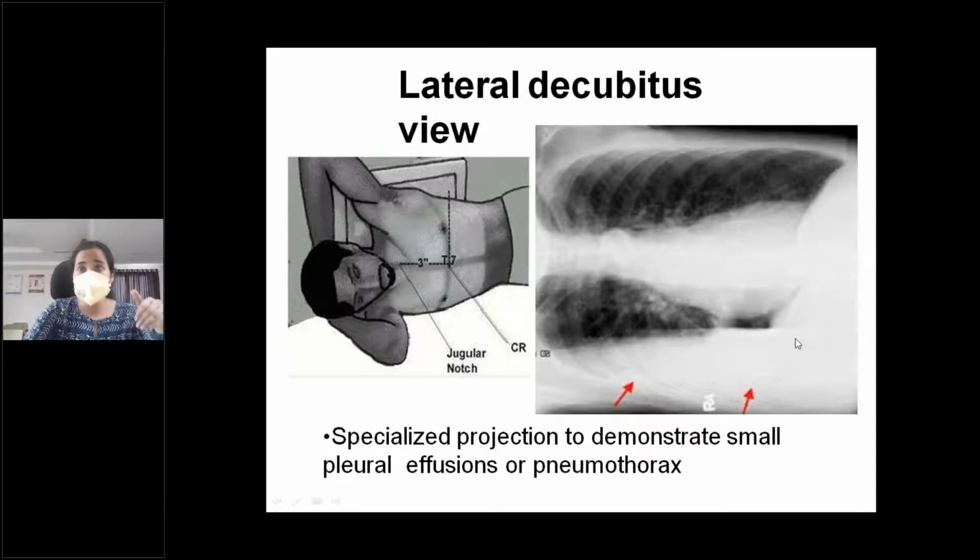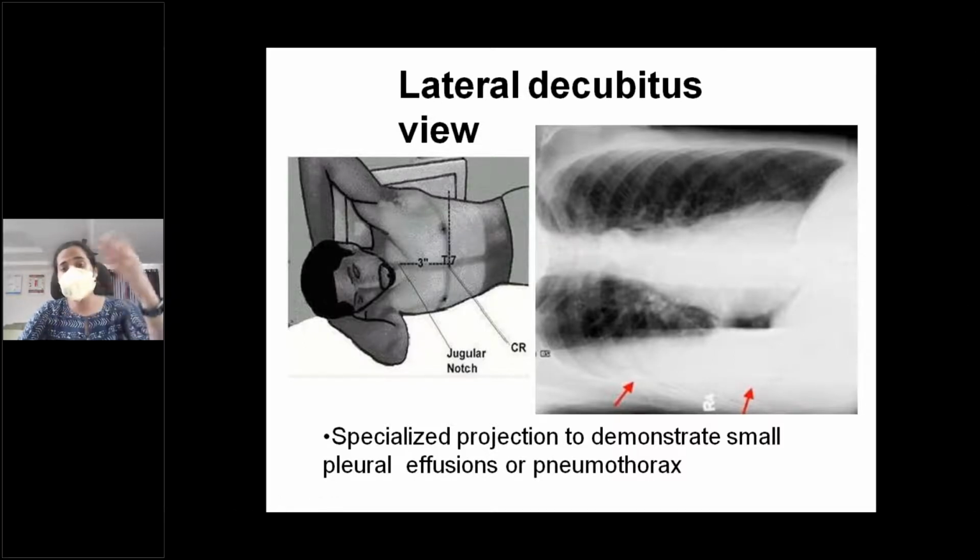Whenever it is a right lateral decubitus view, the patient is asked to lie on his right side. Here he is lying on his right side, and the pathology here is that there is a pleural effusion. The effusion, due to gravity, is taking a lower position. We tend to miss this fluid on a PA or AP view, when the patient is erect,